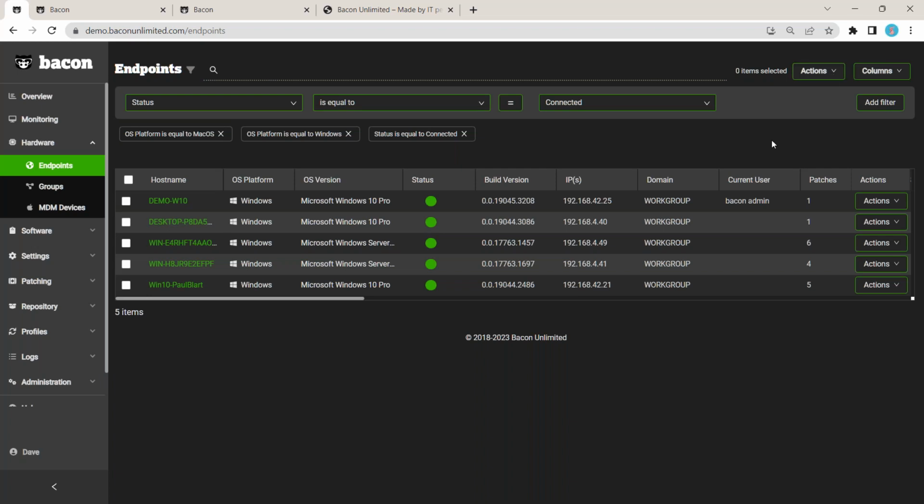So in Bacon, there are two ways to organize your endpoints. We have static groups. Those are groups where you select the endpoint with the checkbox, and only the endpoints you've added are in that group. Pretty simple. It'll change if an admin goes to update it, but otherwise it remains static. In the case of dynamic groups, we're using these filters here. And so you can create a dynamic group to look at all the machines and filter based on whatever criteria